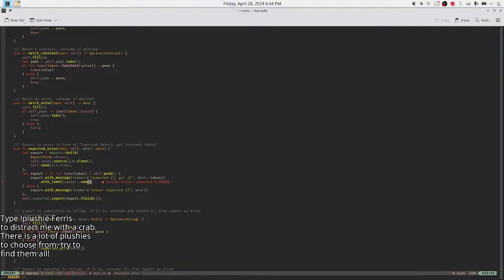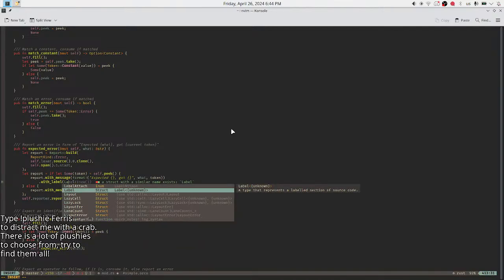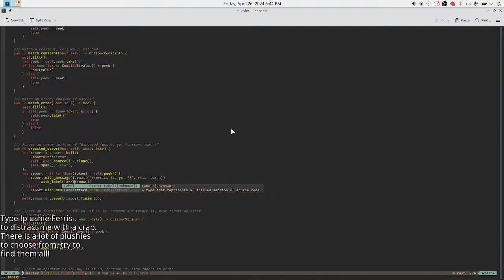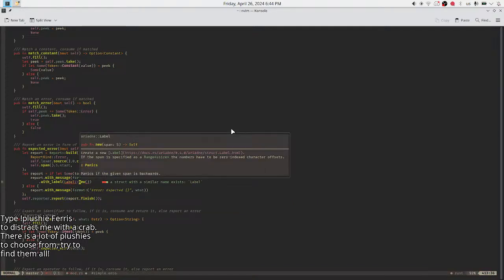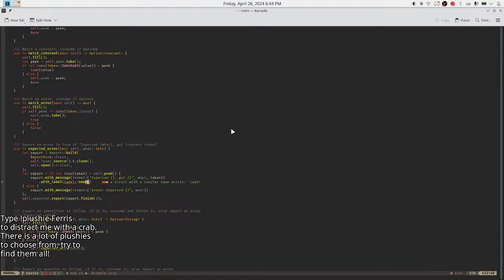Come on, what do I pass in it? Why is IntelliSense so bad? Oh, it's because I misspelled it. Label. It takes a span. Expected.